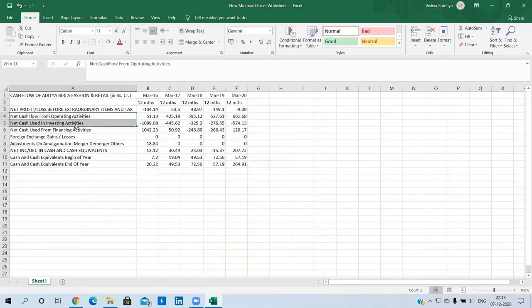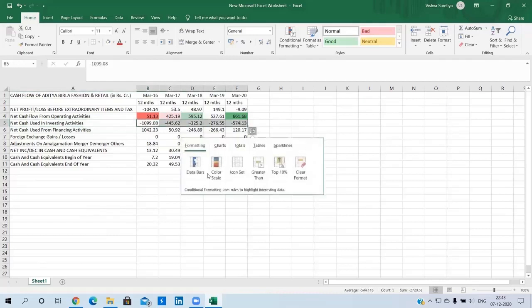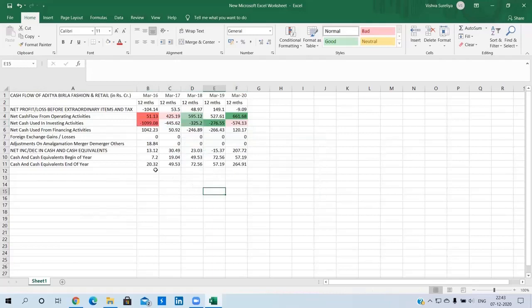So guys, here come the three main activities, that is, net cash flow from operating activities. Let's check if that is increasing or not. That is definitely increasing. Then comes net cash used in investing activities. Now they should be decreasing. We have already seen in the theoretical part that if the firm is investing more, that means cash is going out. That will make this figure negative. Hence, it is good if these appear more negative, or more red than green.